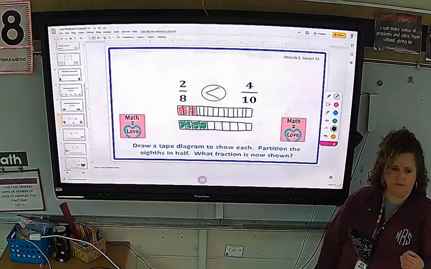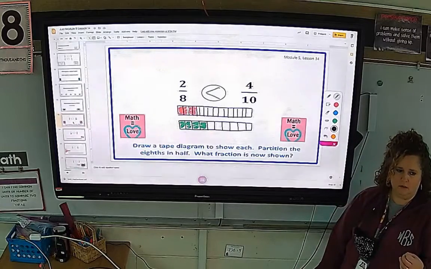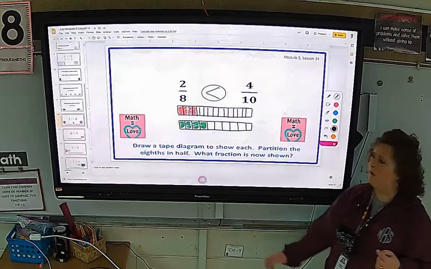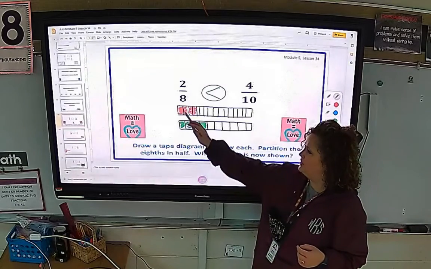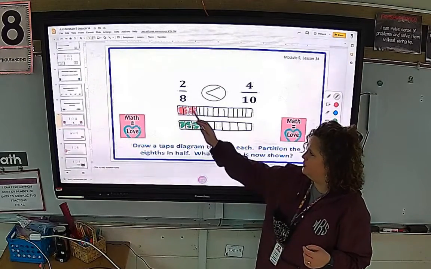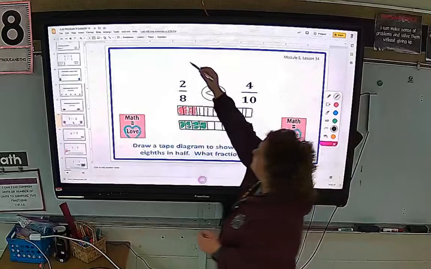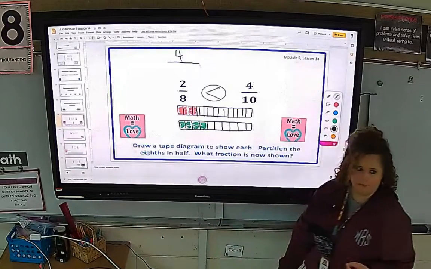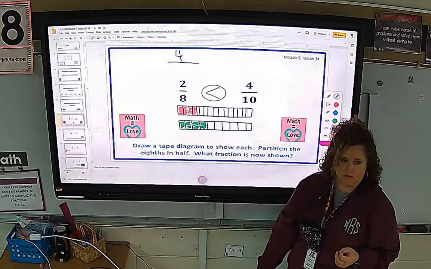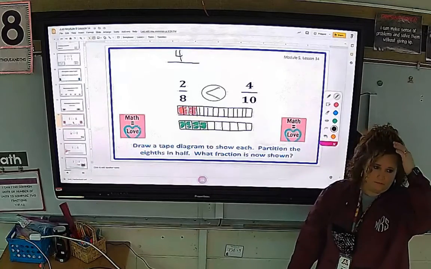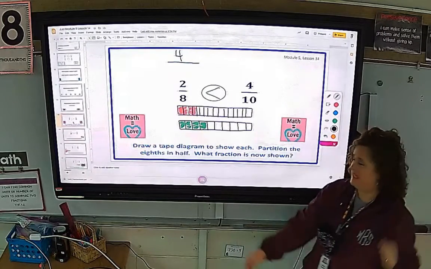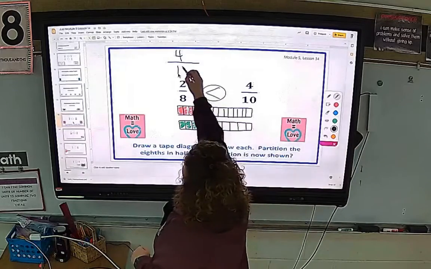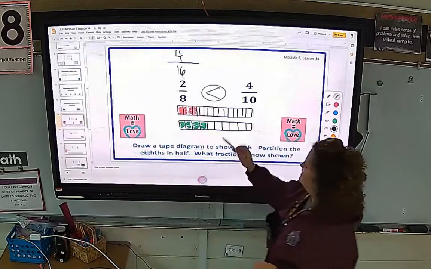How many are shaded? Look up here if you need to. How many are shaded now? 1, 2, 3, 4. And how many are there total? 16. Okay, so 4/16